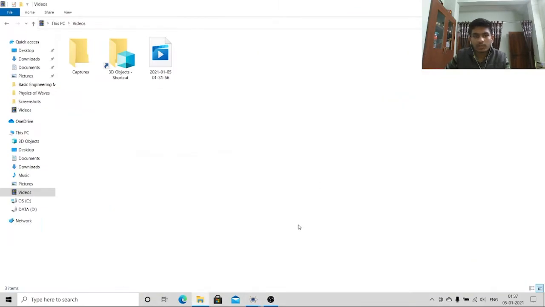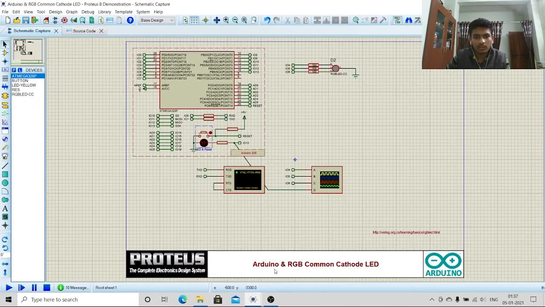Now my next project is using the oscilloscope to read some readings, like making a square wave signal on this LED.